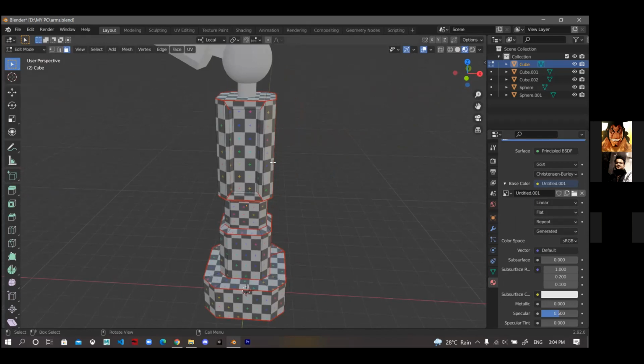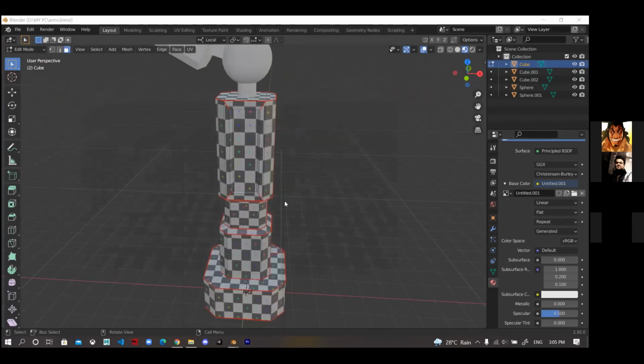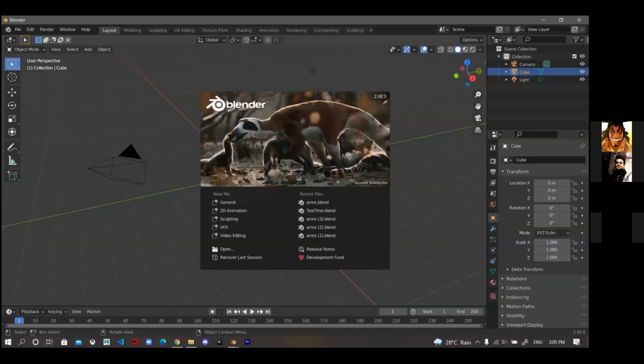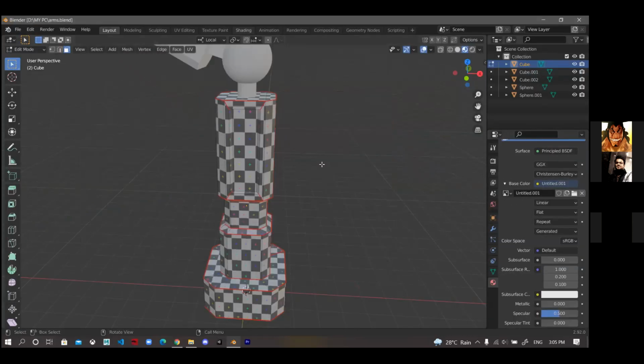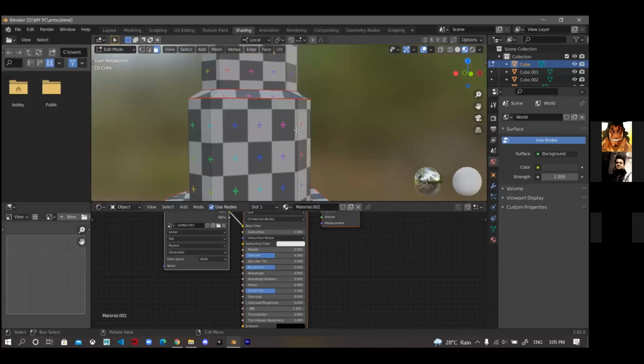Before adding the metallic texture, I will go through shading first of all. Right? What is shading? Let's see what shading is.